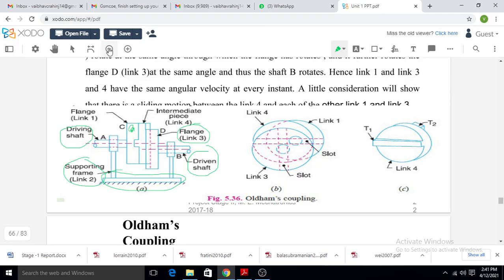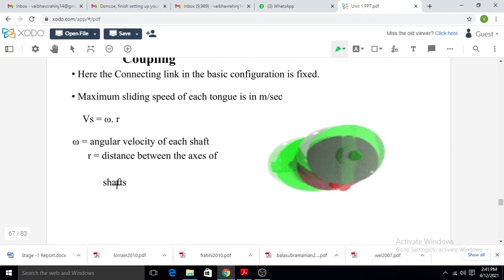So what are the 3 inversions of the double slider crank mechanism? The first one is the elliptical trammel, means the instrument which is used to draw an ellipse, and it is an inversion of the double slider mechanism. The second example is the Scotch yoke mechanism, an inversion of the double slider mechanism, and the third inversion is the Oldham coupling. So these are the inversions of the double slider mechanism.